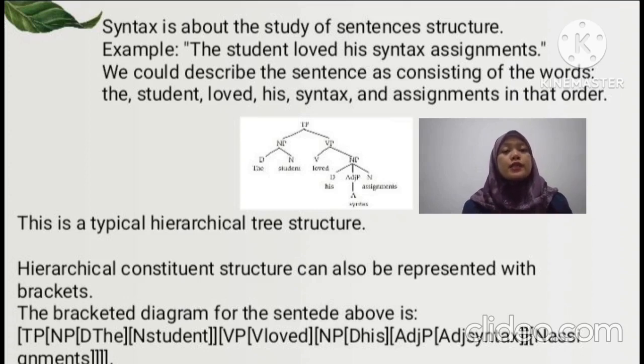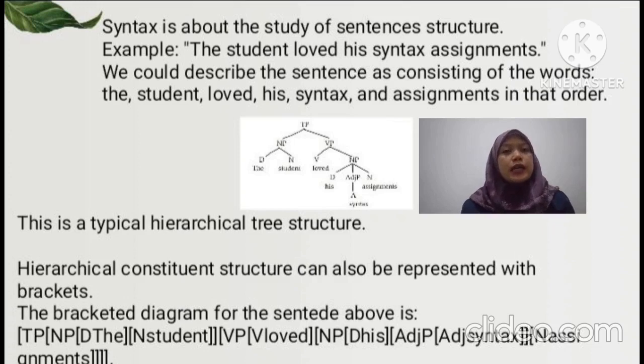consists of two constituents: a subject noun phrase, NP, the student, and a predicate phrase or verb phrase, VP, loved his syntax assignment. The subject NP in turn contains a noun, student, and a determiner or article, the. Similarly, the VP contains a verb and an object noun phrase, his syntax assignment. The object noun phrase is further broken down into three bits: a determiner, his, an adjective, syntax, and a noun,